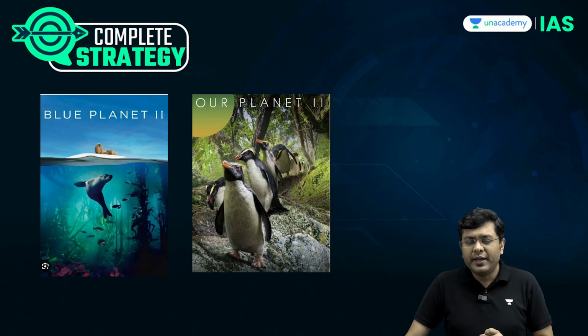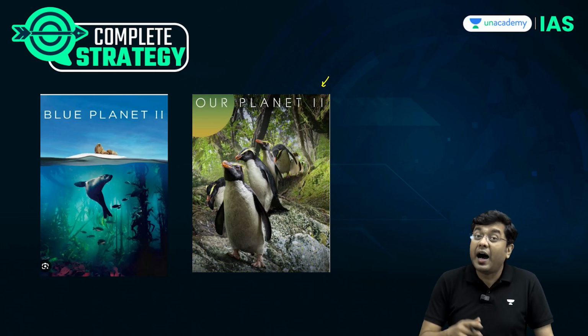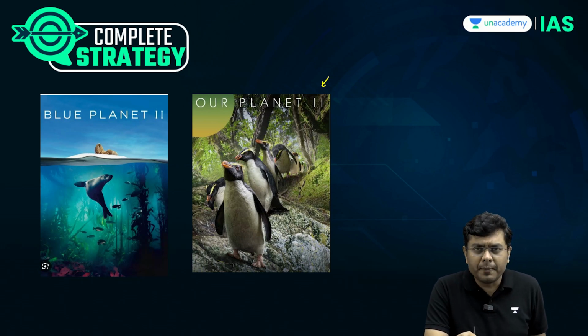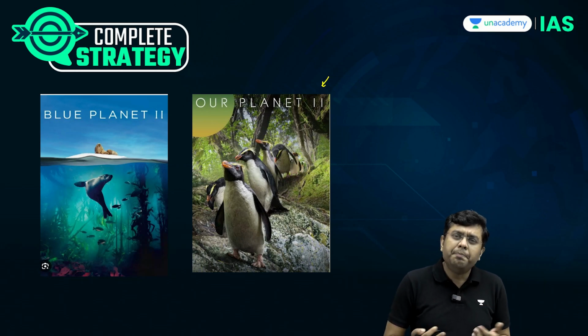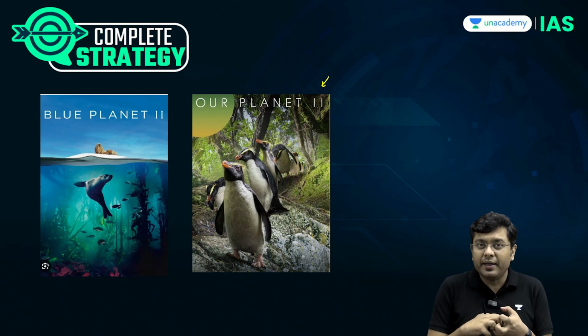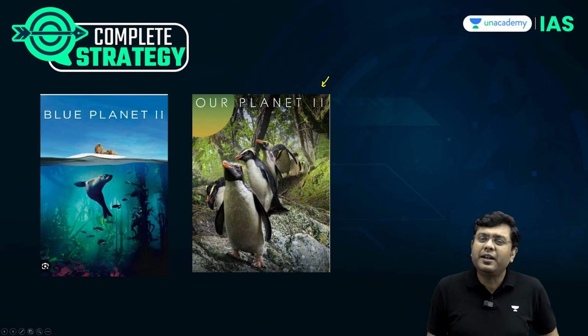Diversify your source. Start looking at the various documentaries such as Our Planet, Blue Planet, Life on Earth, Our Protected Areas. These are available on YouTube as well. Download these from wherever possible. Look at these. Not to start making immediate notes, but internalize. This will help you comprehensively have a synergy between the geographical aspect and the environmental aspect. That approach is required, right?